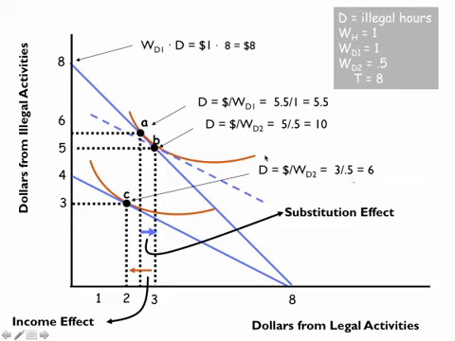Okay, so that's the answer to this particular problem. It's a little convoluted, but if you go over the answer a couple of times, eventually you'll get it. The main difference here is that we're analyzing illegal activities, kind of an annoying twist on this one, so you can get used to seeing different parts of these problems, if we're working on the problem from the vertical axis instead of the horizontal axis.